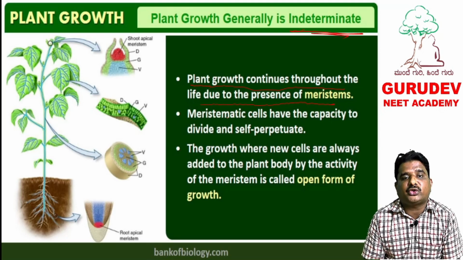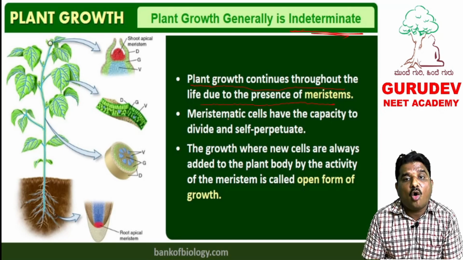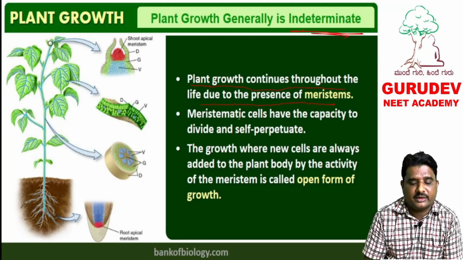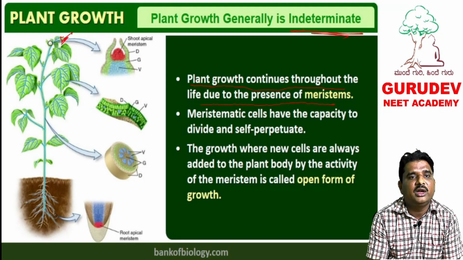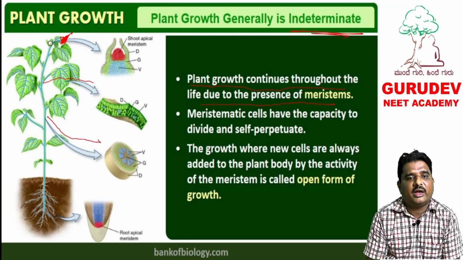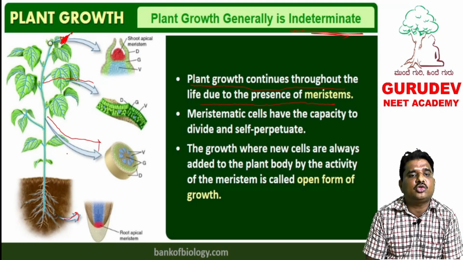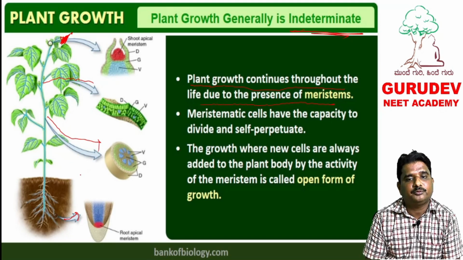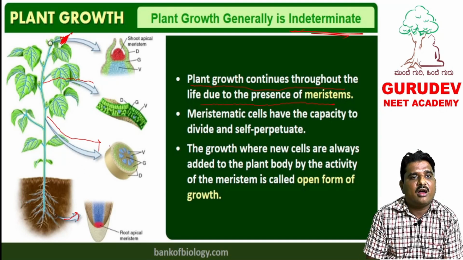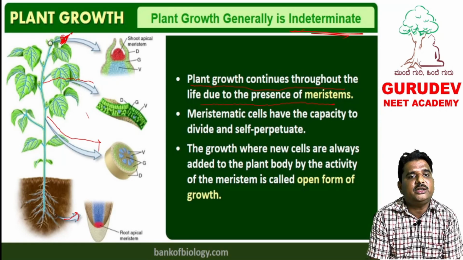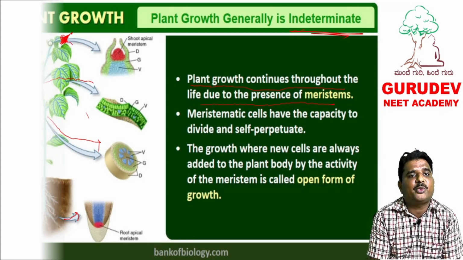Now we can ask the question: why does growth happen continuously in the plant, up to the lifespan of the plant? Because plants have meristematic tissue at the tip region. I show you here, the meristem is present at the tip of the shoot, lateral meristem is present here, as well as the root apical meristem. Because of these meristems, continuous growth happens in the plant up to its lifespan. And these meristematic cells present at the tip region have the capacity to undergo division and self-perpetuation. That means